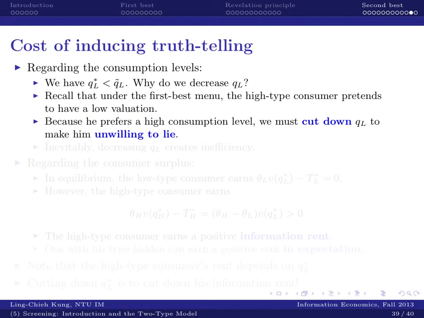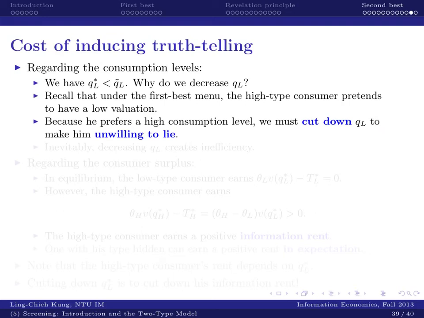We need to make the contract intended for a low type consumer sufficiently unattractive to the high type consumer. And to do so, the effective way is to make QL small, because the high valuation consumer prefers high consumption. So this justifies why we cut down QL instead of making it larger,